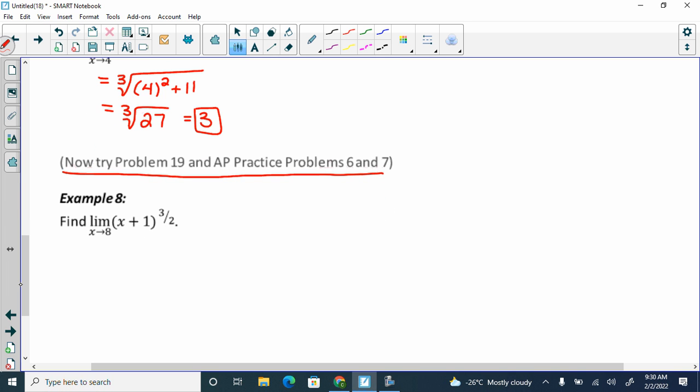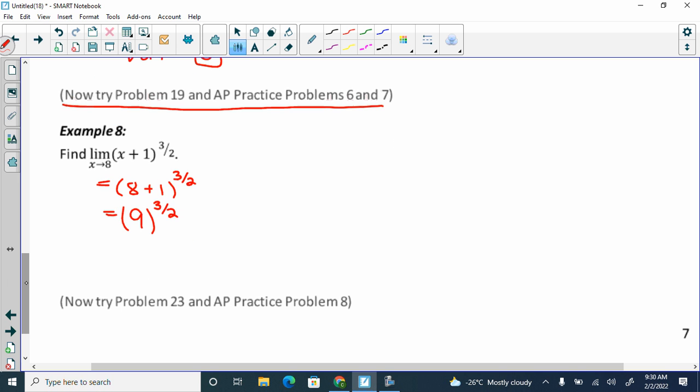So if I plug an 8 in, I have no problem, so I'm going to plug the 8 in. Or I could take the limit as x approaches 8 of x plus 1, get the answer to that, and then raise it to the 3 halves. It would be the same. So I get 8 plus 1 to the 3 halves, which is 9 to the 3 halves. And we have to be able to do this mathematically because tests are not done with a calculator. So this 2 can drop in front as the index, right? So this is the same as the square root of 9, and then that's to the power of 3, if you want to do this in your head. So it would be 3 cubed, which is actually